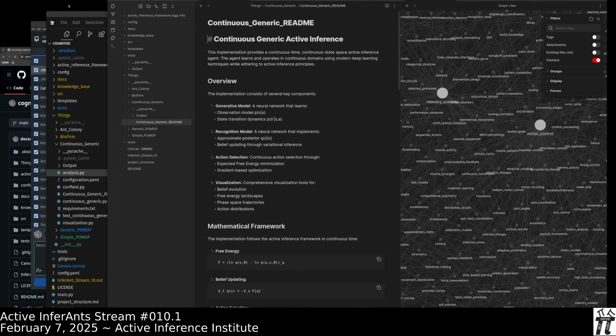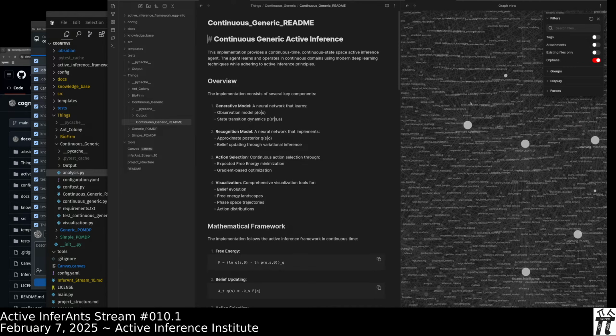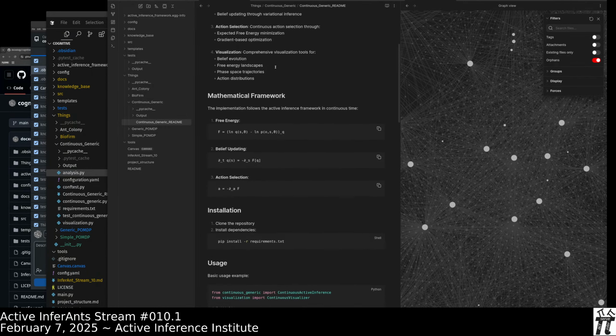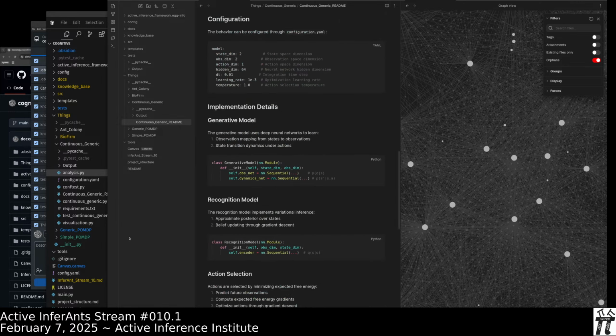So just like that generic POMDP was for discrete time, discrete state spaces, partially observable Markov decision processes, generalizations including planning, and other cognitive phenomena, hashtag cognitive phenomena. Here is continuous time, continuous state space, active inference agents. The agent learns and operates in continuous domains using modern deep learning techniques while adhering to active inference principles. So it's going to have these techniques, and again, because it was in a little code corner, the README reads